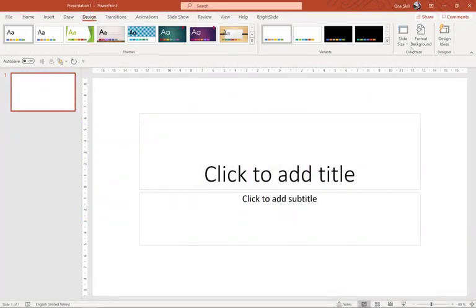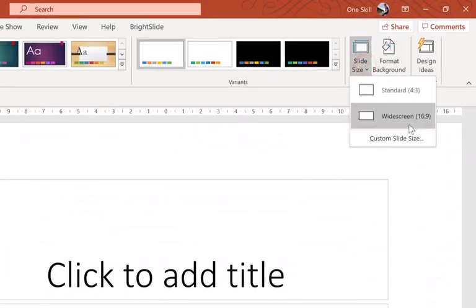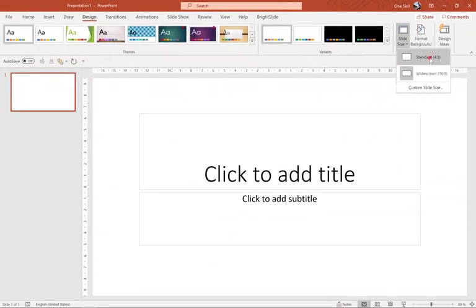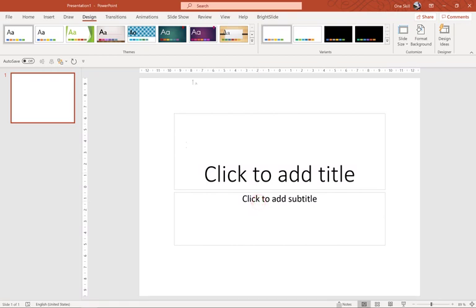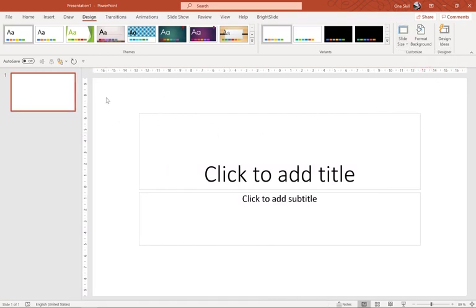Let's just go to Design tab, Slide Size, and here we have a couple of options, 4:3 and 16:9. So let me just click on 4:3 so that we can see how it looks like. Let's just click on Maximize. And as you can see, 4:3 looks pretty much like a square. It has this kind of squarish look. And widescreen 16:9 has a wider look. So I would suggest choosing 16:9 because this is the most common format these days, and 4:3 was mostly used